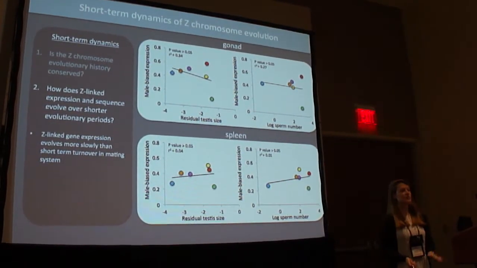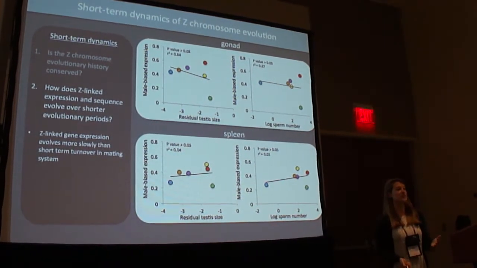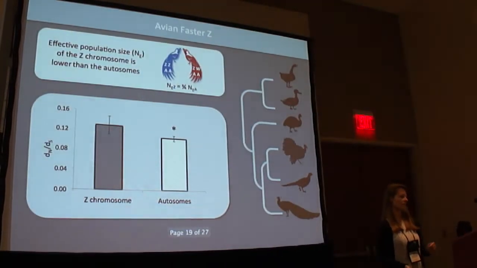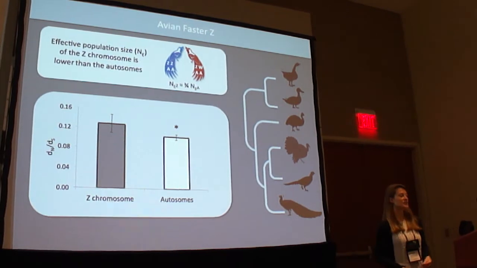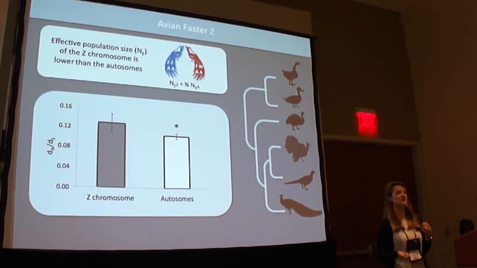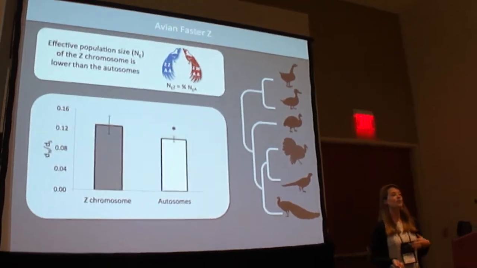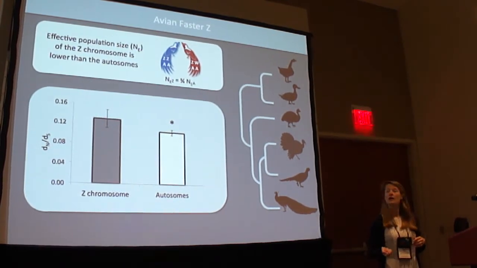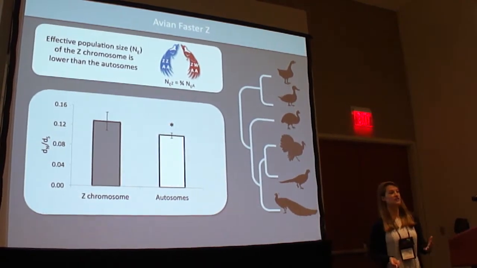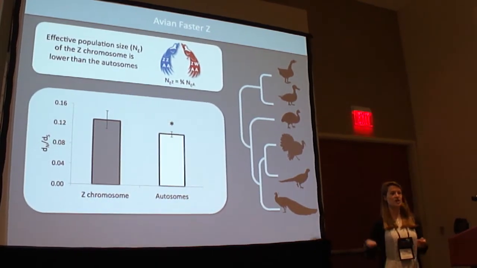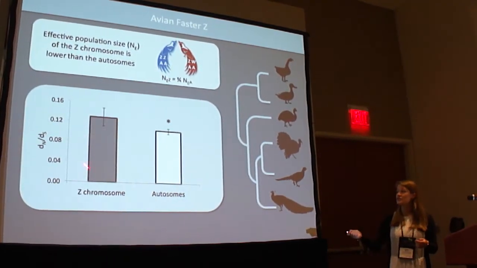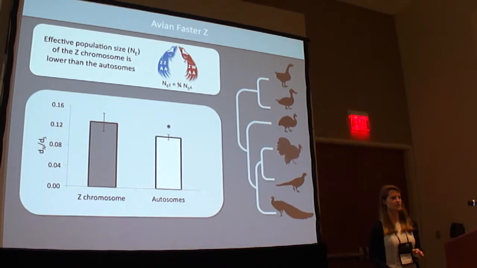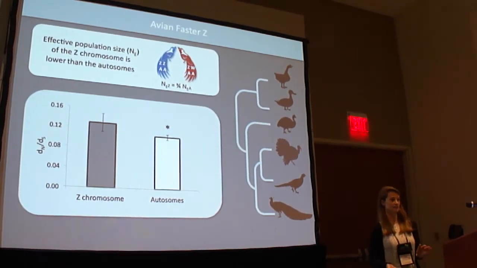So we failed to establish a link between masculinizing selection and short-term changes in Z-linked gene expression evolution. But what about sequence evolution? So the Z chromosome has an effective population size 3/4 that of the autosomes because of its unequal pattern of inheritance. And therefore we might expect drift to act more strongly on Z-linked genes relative to autosomal genes. And in support of this, you do see faster rates of change of Z-linked genes relative to the autosomes. So across this clade of birds, you do see that dN/dS on average is significantly higher for Z-linked genes relative to autosomal genes. And you can call this the fast Z effect.